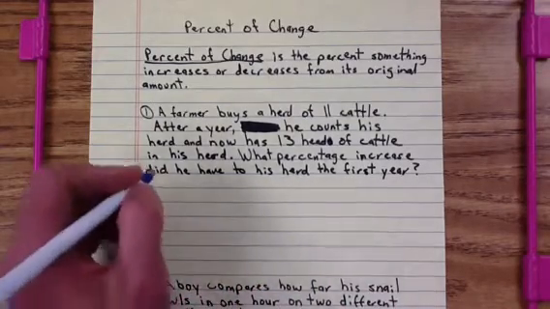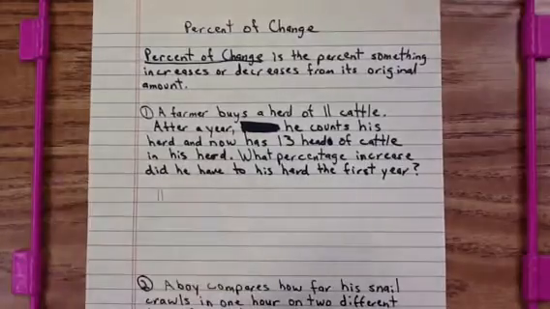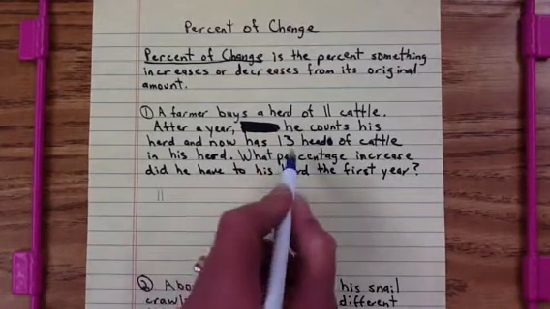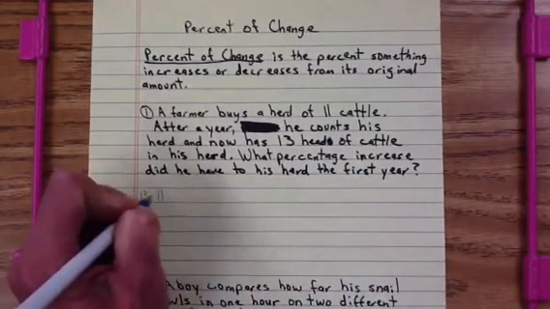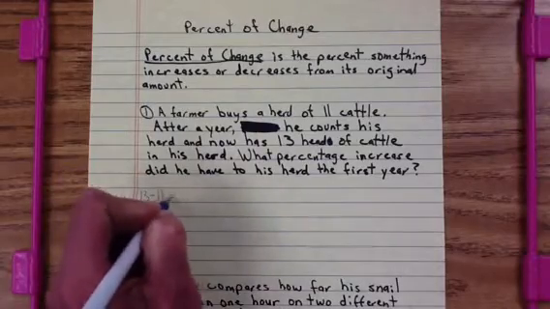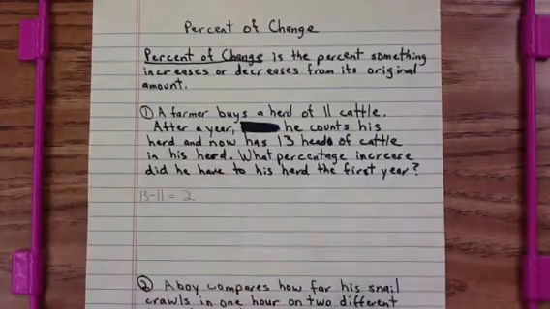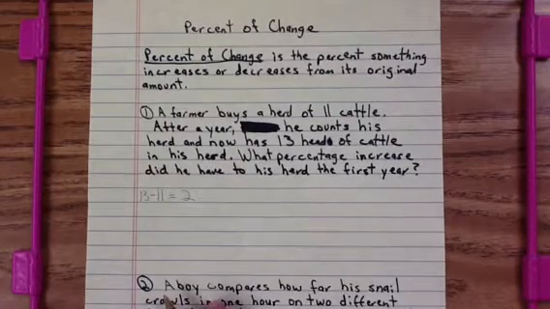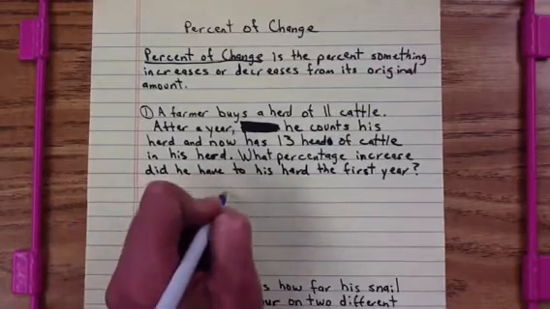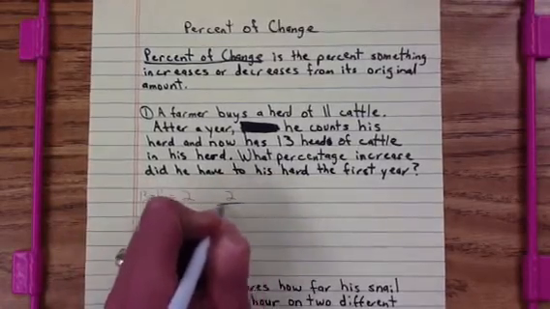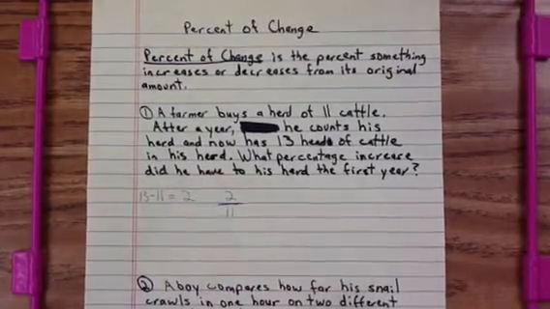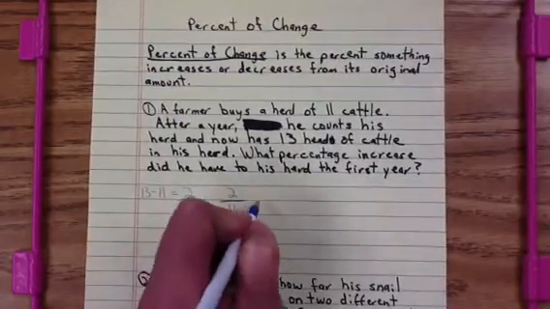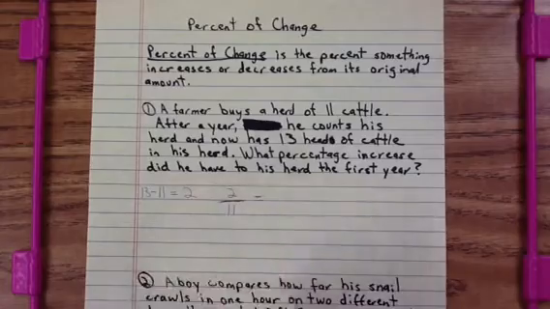So let's see. He started with 11 and it increased to 13. So we take 13 minus 11 and we get 2. So it increased by 2. So then what percentage was that? Well, let's take that 2 and put that over what he started with, 11. And if we want to solve this using proportion, we would say that equals,